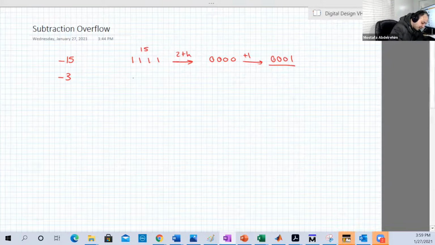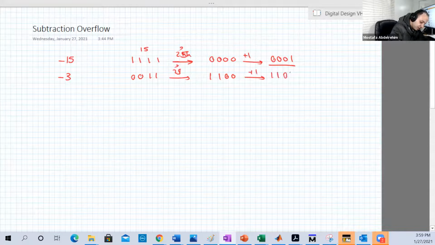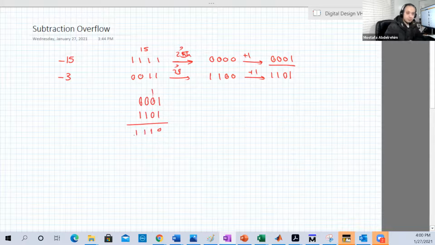And the 3 is 0, 0, 1, 1. Take the 2's complement. I'm sorry, this is 2's. So it is going to be 1100, then we add 1, it will be 1101. Then we add them: 0001 plus 1101, 0 carry 1, 1, 1, 1. Okay,